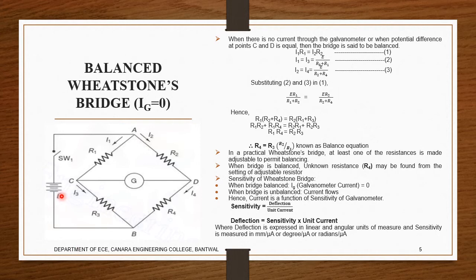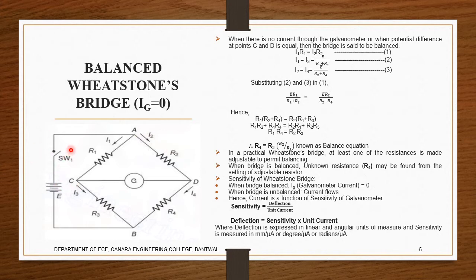This is nothing but E is equal to I1 into R1 plus I3 into R3. As we know, I1 and I3 are equal, so I am considering it as any one of the instances. If I consider the I here, I is common, so E is equal to I into the whole bracket of R1 plus R3. So I1 is equal to I3 is equal to E divided by R1 plus R3. Similarly, it is implemented here.